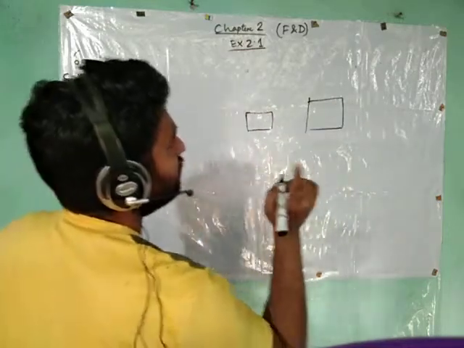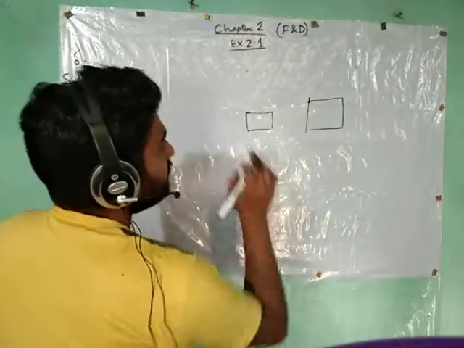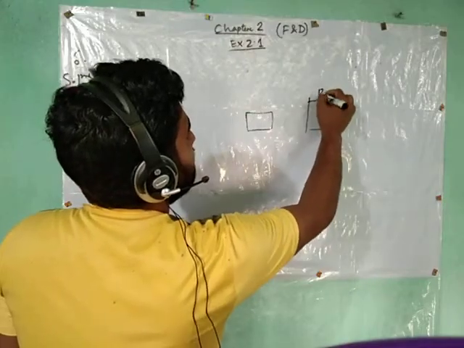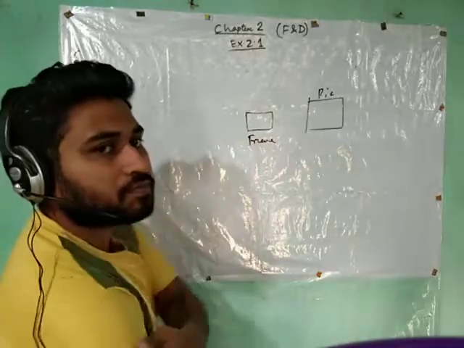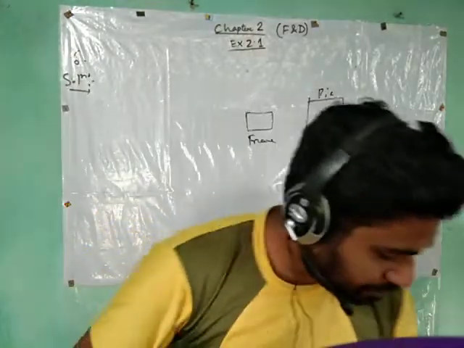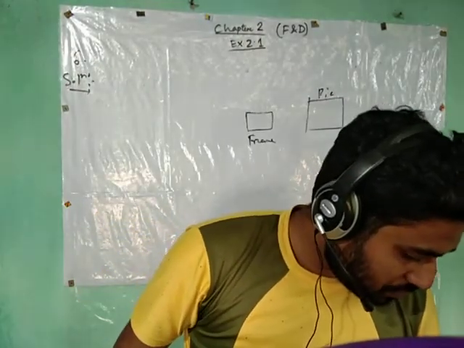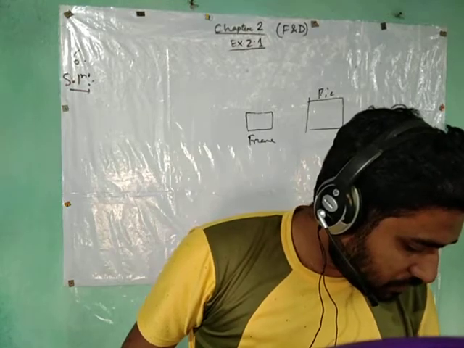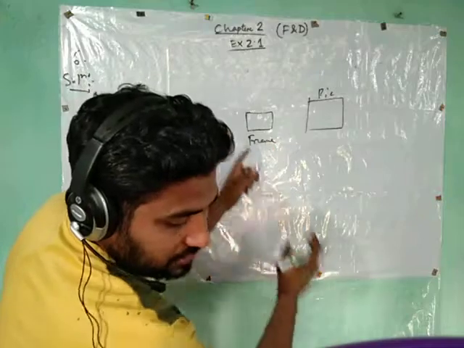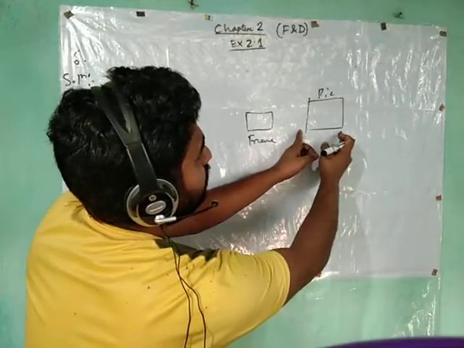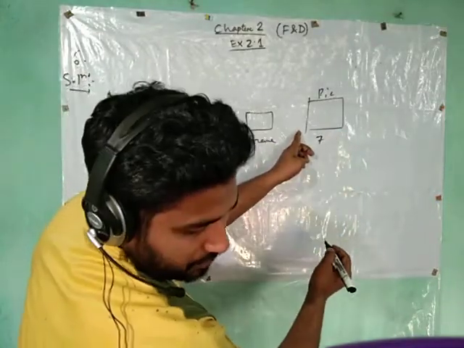But remember one thing, in this case our picture is greater and frame is smaller. The width of picture is 3 by 5,